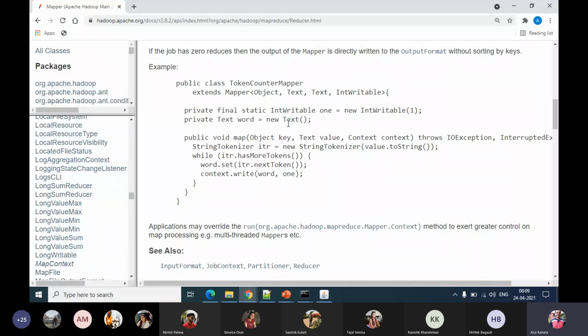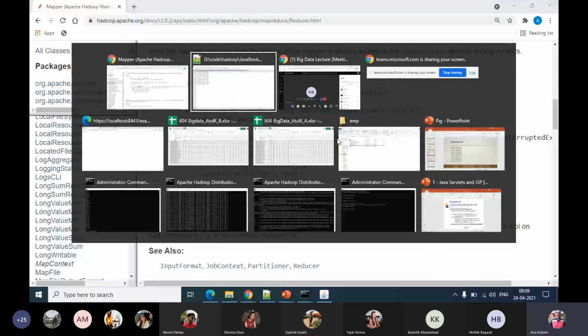And in turn, we have the map function inside the mapper class, which has three parameters. First is the object key, second is the text value, third is the context. There are three parameters in the map method.